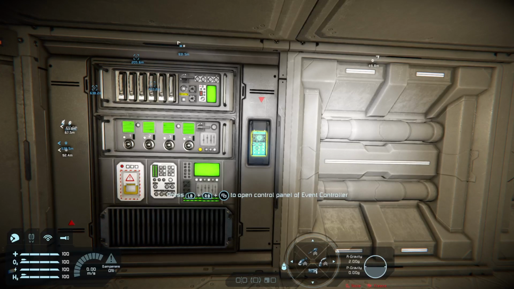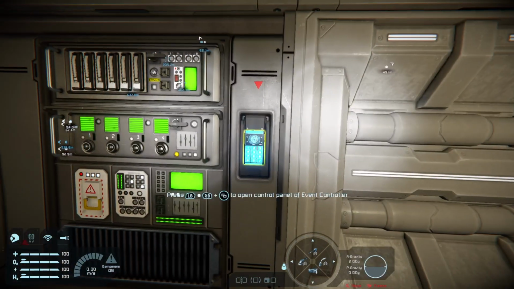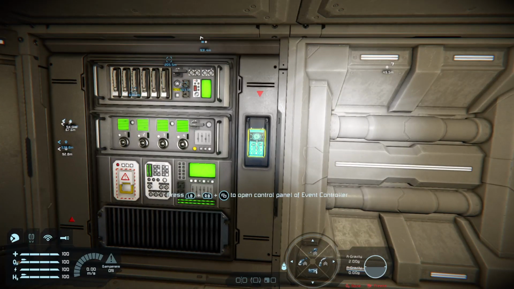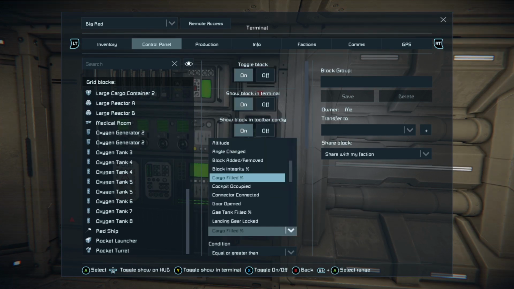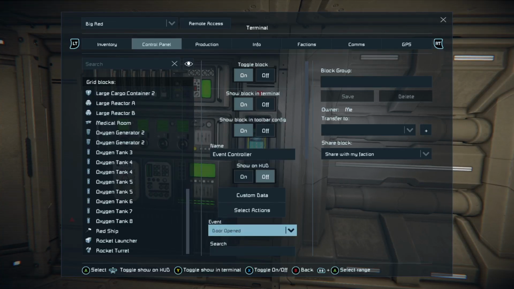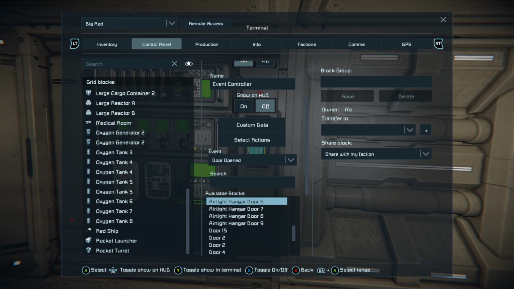Clang loves pistons. And if you've got a bunch of pistons on a mobile ship, trust me, eventually things are going to clang out. This, however, is the event controller. So what we want to do here is go down to it and look at door opened. While still on this screen, we want to come down and find our doors and select door AL outer.